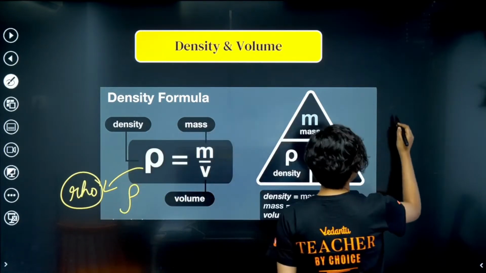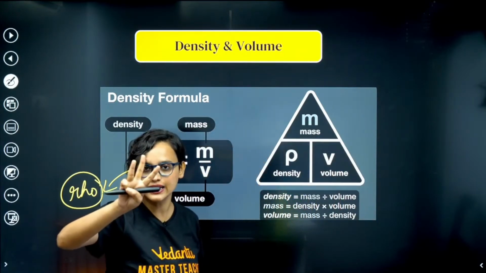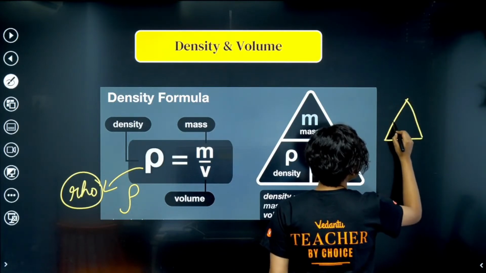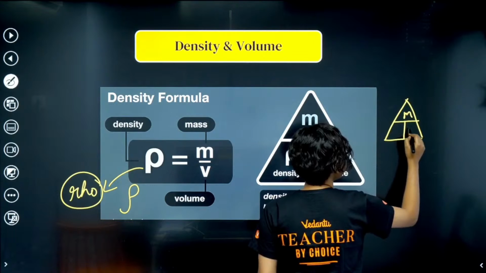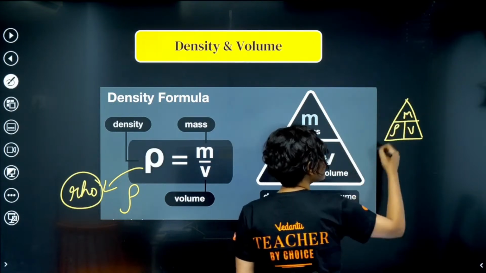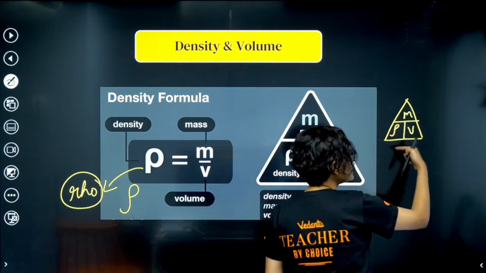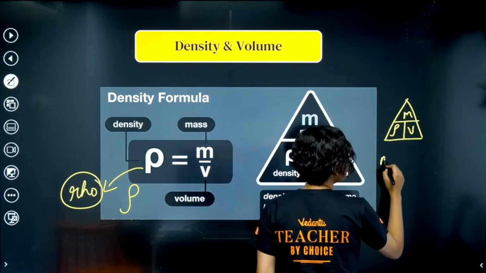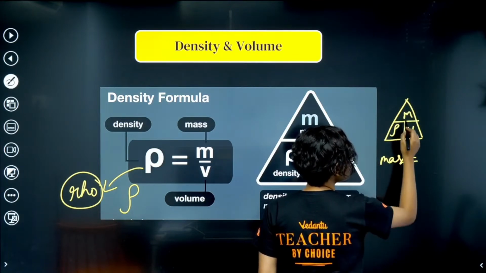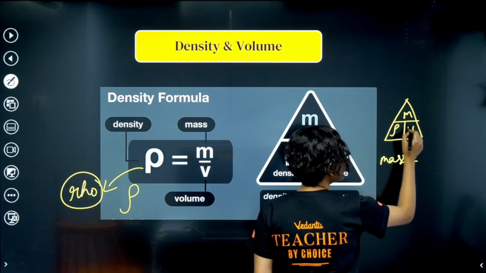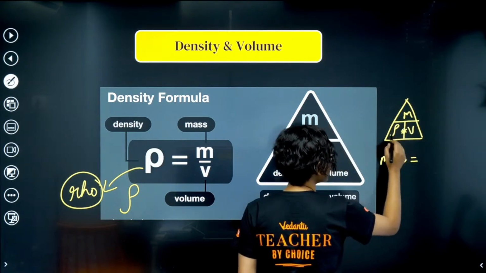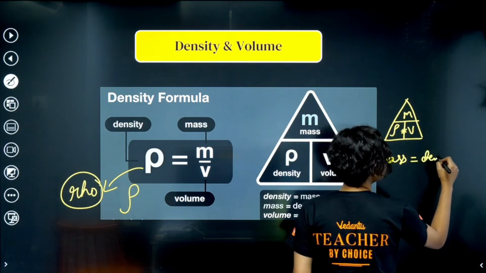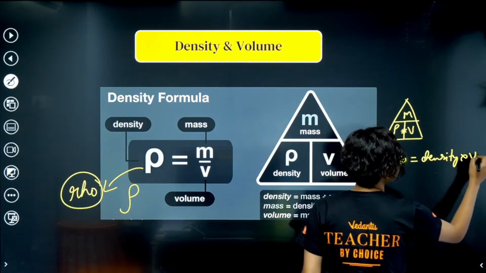Very easy. Mass, volume and density. These are the three things that I am talking about here, right? For example, in your exam, if you are not able to figure out the formula, just do this. Write mass, write volume and write density here. Draw a triangle divided into 3. Now see, very easily you will be able to get all the formulas here. Now ask me, what is the formula of mass? Very easy. Volume multiplied with rho. Mass is density into volume. Mass is density multiplied with volume.